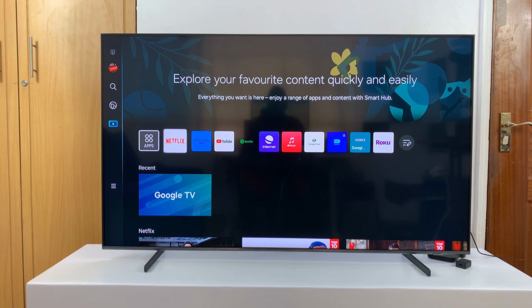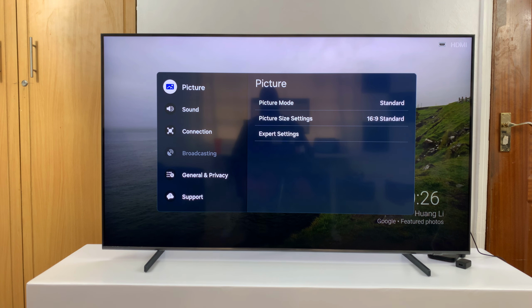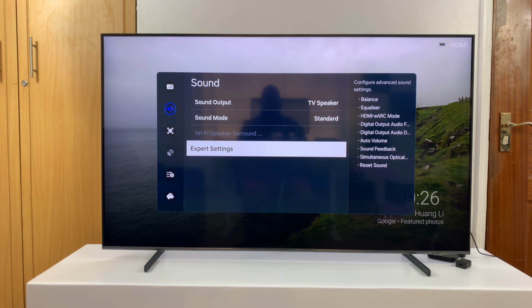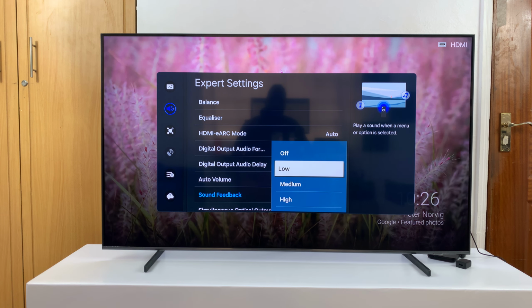Okay, so go to settings and then all settings and then go to sound and then go to expert settings and then you should see sound feedback. Now it's currently set to low. It could be higher